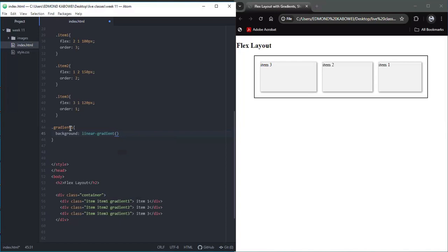For linear gradients, by default, it usually goes from top to bottom, but we can specify how we want the flow, the transition to go. So for this, if you recall from the class lesson, we looked at different ways we can change the direction flow of the color gradient transitions. So for this, I want to use degree, so I'm going to say 45 degree,